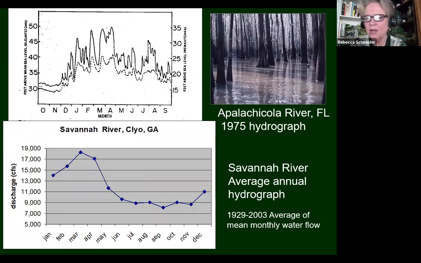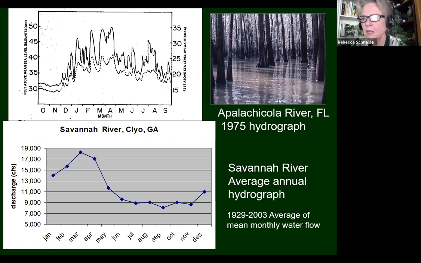So I showed you those hydrographs from 6 Mile Creek, and that told us a lot about the timing, the frequency that occurs every year when snowmelt occurs, the magnitude, a couple hundred cubic feet per second to 1,000. I want you to see, this is not the same for every river. Apparently there are about 15 typical patterns of what the hydrographs are, or the natural hydrologic regime is